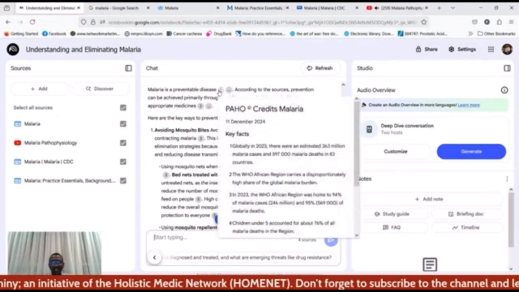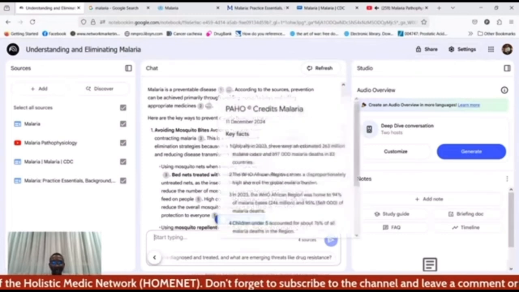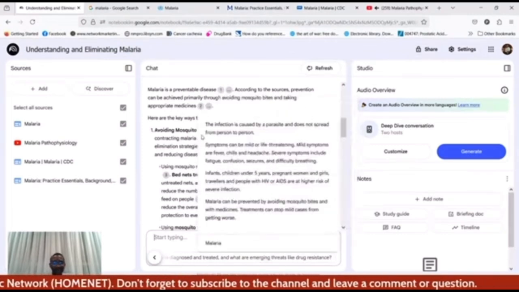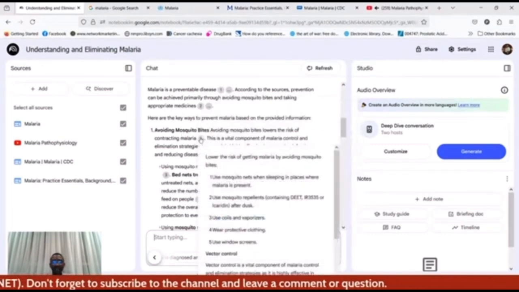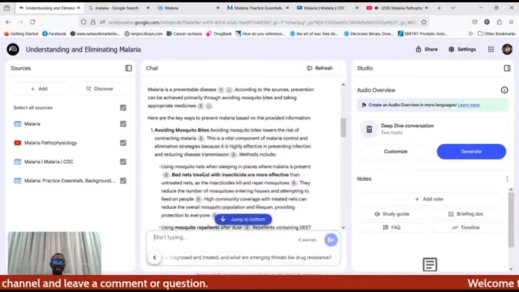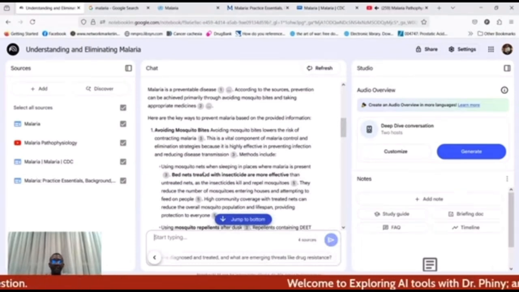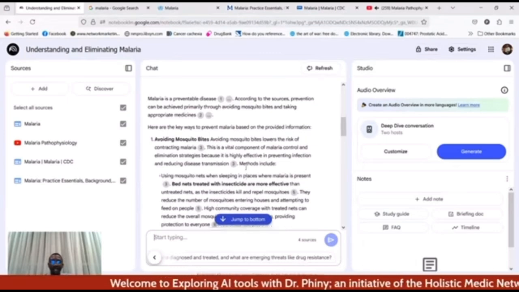Okay, it's going to show me. Okay, so this is 1, this is 2, this is from 3. Okay, so it cites the source. So you realize that if you are using, say, ChatGPT for this same question, how